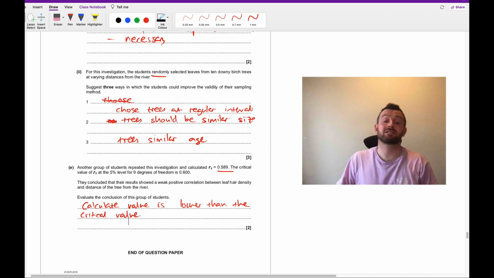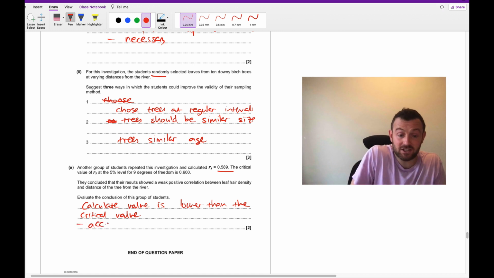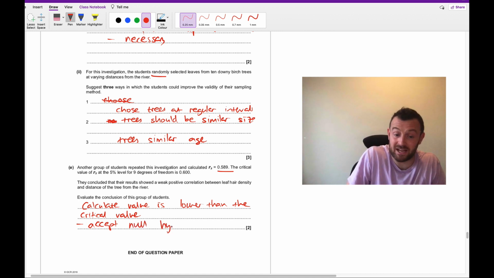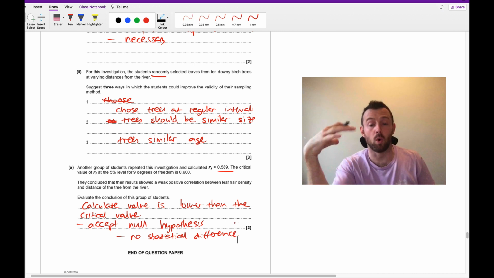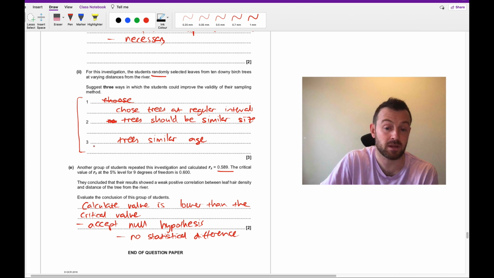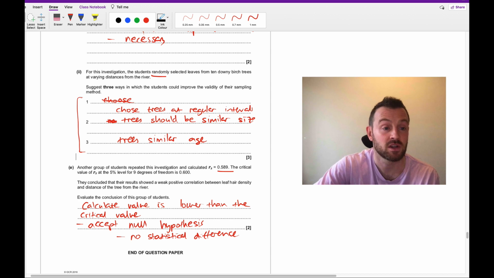Which means we have to reject this hypothesis. We have to accept the null hypothesis and say that there actually isn't a difference. There isn't a statistical difference with this amount of data. Now, in real life, if you thought, oh, I was so close and I'm not sure if we have enough data, then maybe you go back and look at more trees and make those changes that we said up here, and then look at it again. But again, you'd have to do some statistics. So in this case, we reject the hypothesis, we accept the null hypothesis, there is no statistical difference.